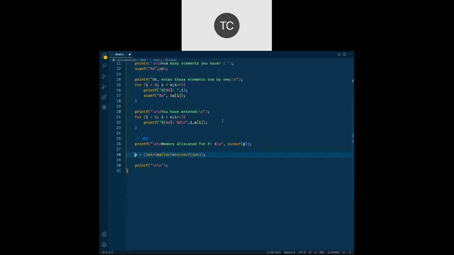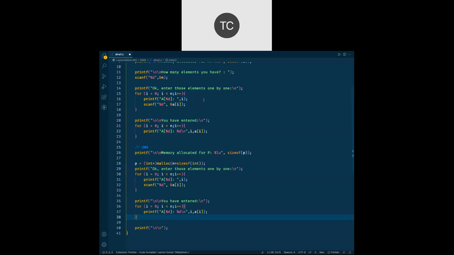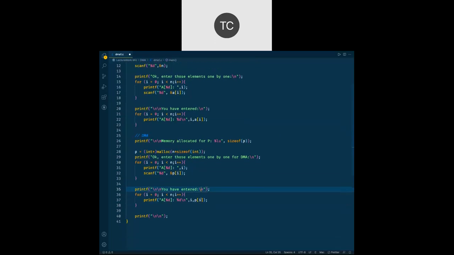Okay, so what I'll do is, I can simply copy and paste this code here for DMA, and at this place, instead of ampersand a of I I can go for p of I. And at the time of printing, p of I. Fine.